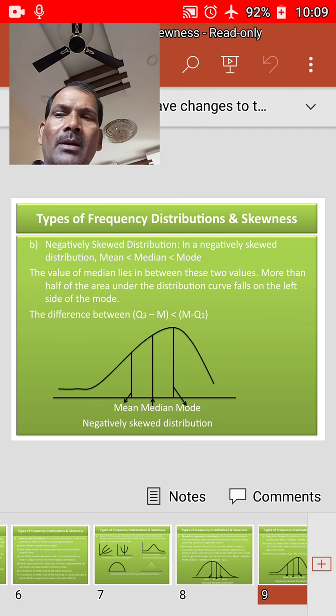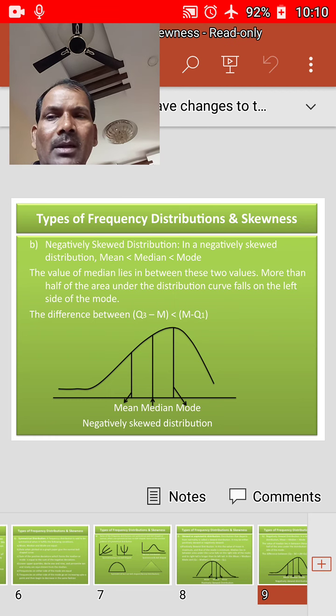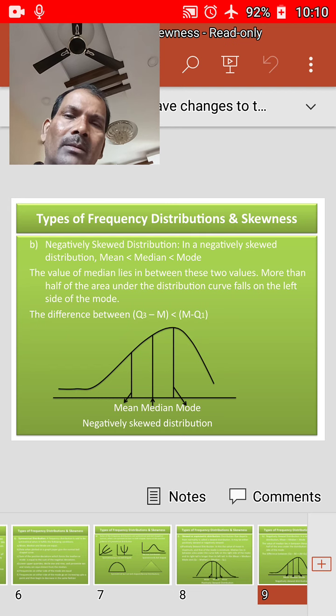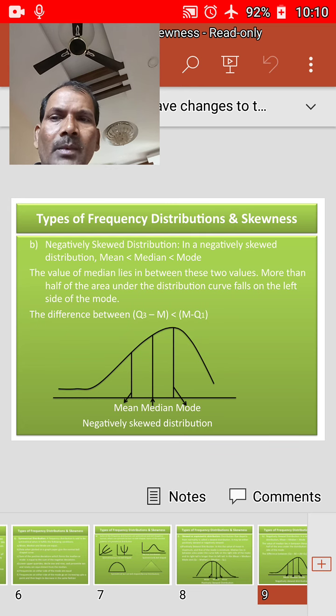Okay, the difference between the quartiles and median will be that the difference between the upper quartile and median, Q3 minus m, is less than the difference between the lower quartile and median, m minus Q1. That means the difference between the upper quartile and median is less than the difference between the median and lower quartile. With the help of the figure, we can depict that